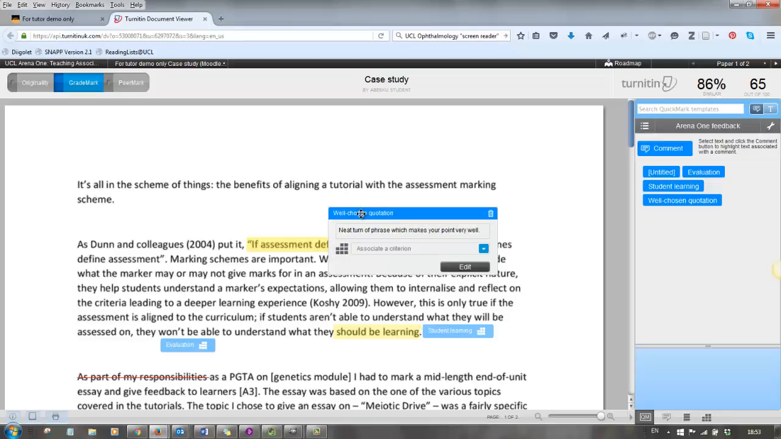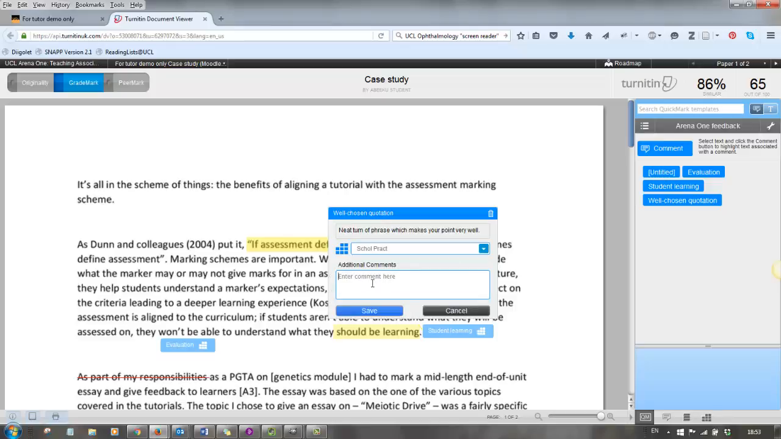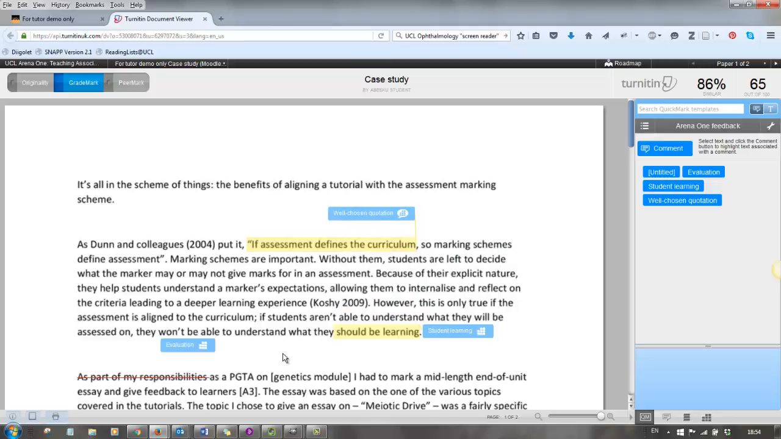Now let's have a closer look at this quick mark. I get a chance to associate it with a criterion if I've set up the criteria in advance, and I have. We'll see those later from the student point of view, but for now I'm going to just choose scholarly practice for this particular quick mark. And if I wanted to, I could click on the edit button here and add an extra comment to the quick mark, which I have done, and I'll save that. Now when I click away, you'll see it folds itself up quite nicely, but the